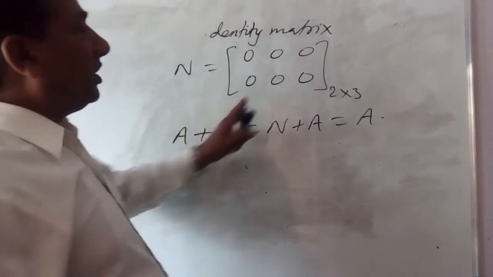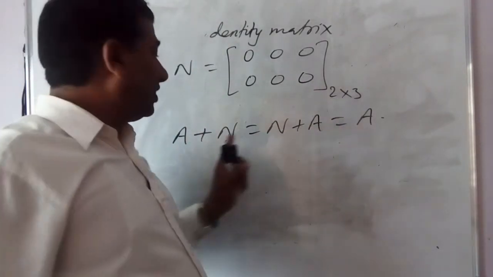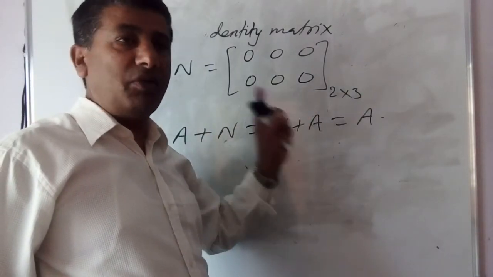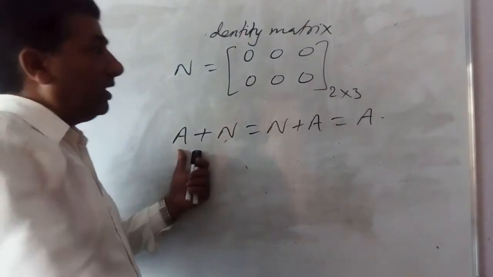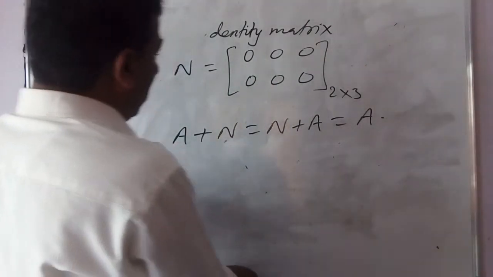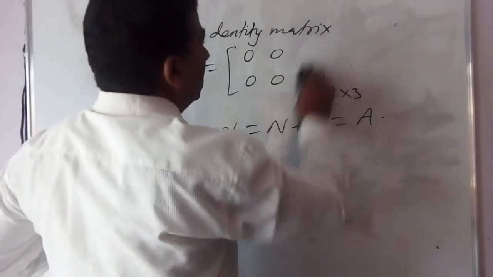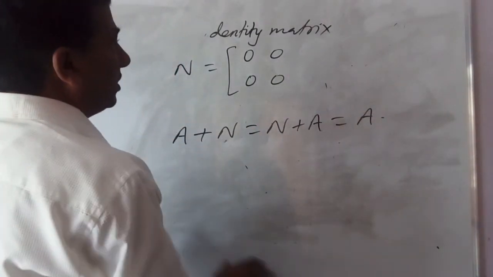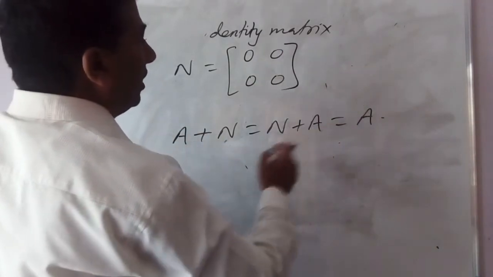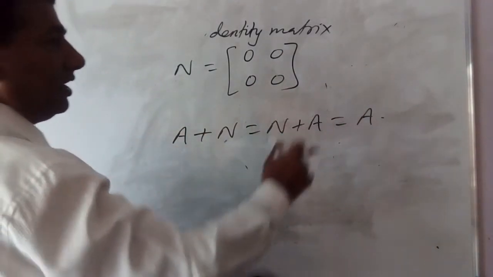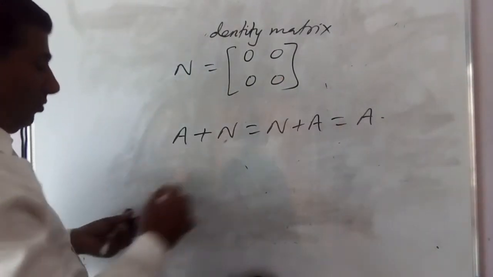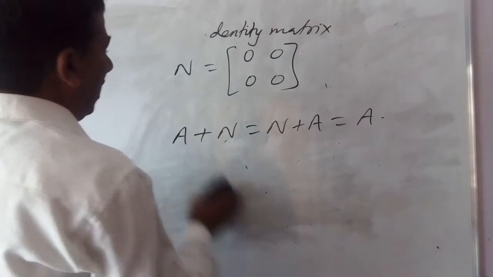Now it is not necessary for it to be of any particular order. What is the order of this? It is not necessary to be a square. It will be a square also if matrix A is a square, then this is also a square. You can take so many orders: 2 by 2, this is a square; 2 by 3, any order; 3 by 3, 4 by 3, any order. Whatever the order of A, we can take the same. This is the additive identity.